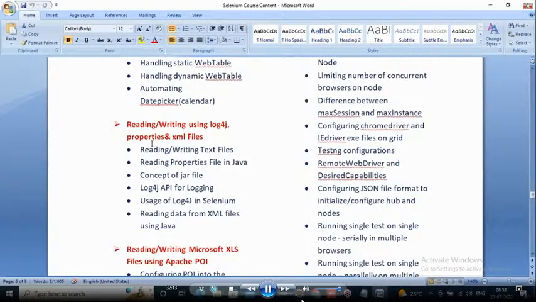These are the three components which we cover in DevOps. And coming to frameworks, we will be covering TestNG, page object model, data driven, and lastly we do the project. And the benefits you get: